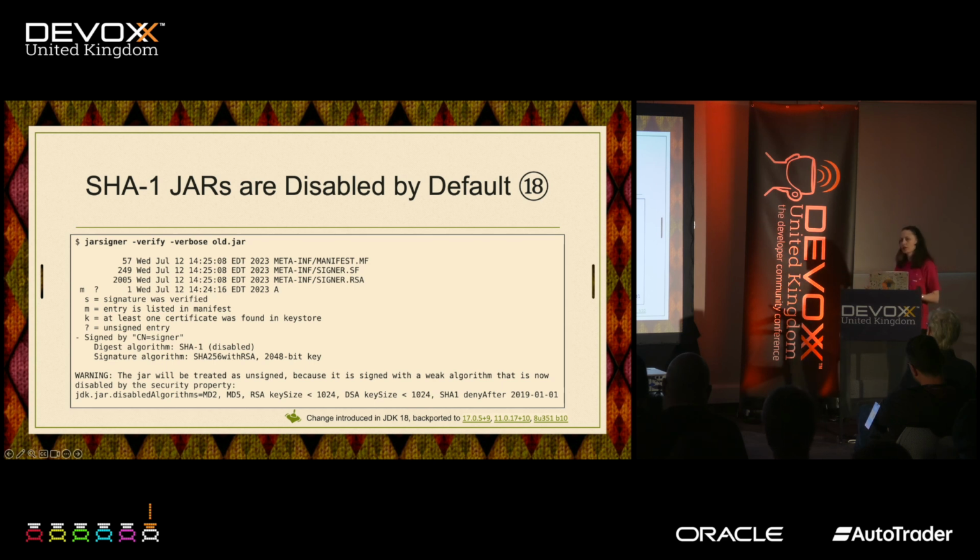However, throughout the years, what was recommended was not to use SHA-1 anymore, to re-sign your jars with another cryptographic algorithm like SHA-2, SHA-3, and try to avoid this as much as possible. This change was also backported to JDK 17, 11, and 8, what you see there, the little red there. So sometimes the changes that occur in the JDK security are also backported, even if they occur at a later release in time. It's very important for people that are not yet able to migrate to the latest release.